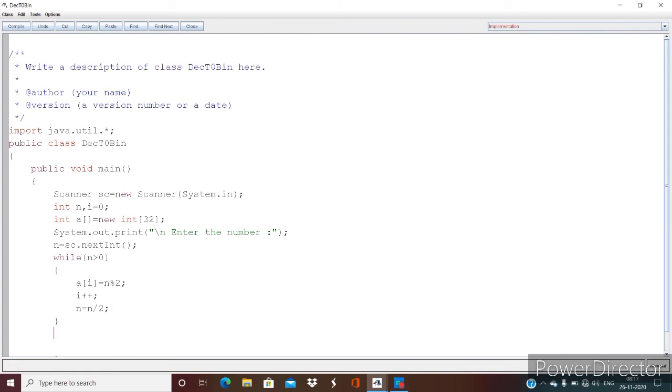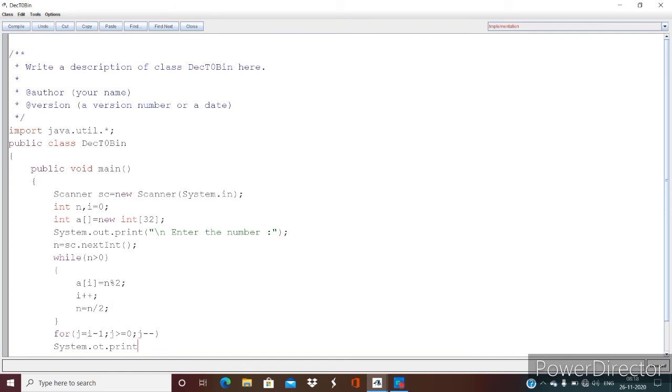So to display the array, I need to take a loop in the reverse order, that is for j is equal to i minus 1, j greater than equal to 0, and j minus minus, and then we'll print it with system dot out dot print.